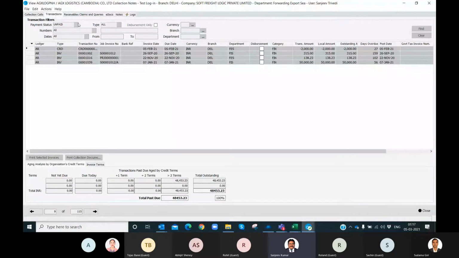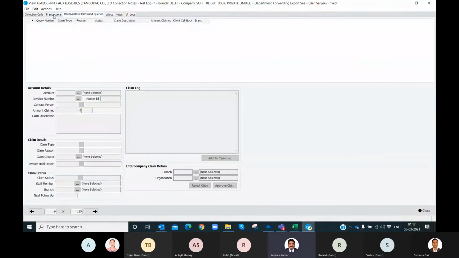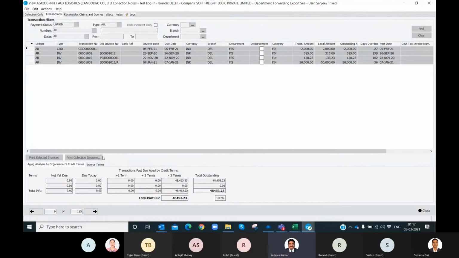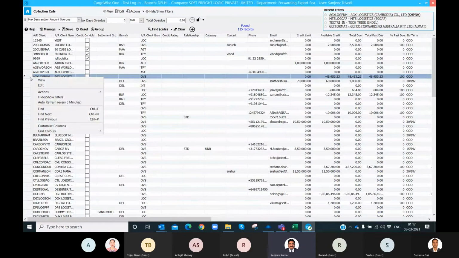Invoice related terms and all details will also be appearing here. And suppose if I right click here, go to actions, print document, print first reminder, second.